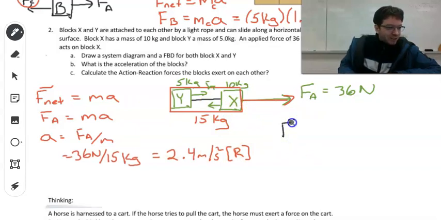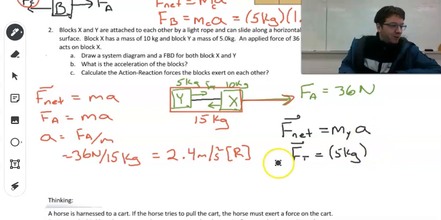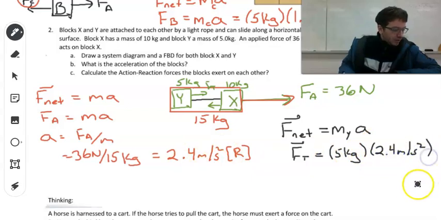So the net force for Y is going to equal the mass of Y times the acceleration. Now the net force, the only force acting on it is that tension force that I wrote. So F_T equals the mass of Y, which is 5 kilograms, times the acceleration of Y, which we calculated in part A to be 2.4 meters per second squared. Okay, so when we do that, we will get a tension of